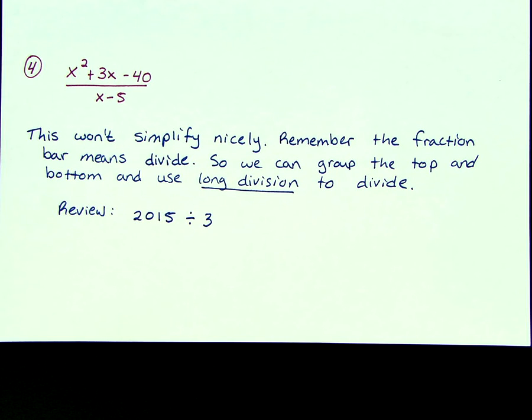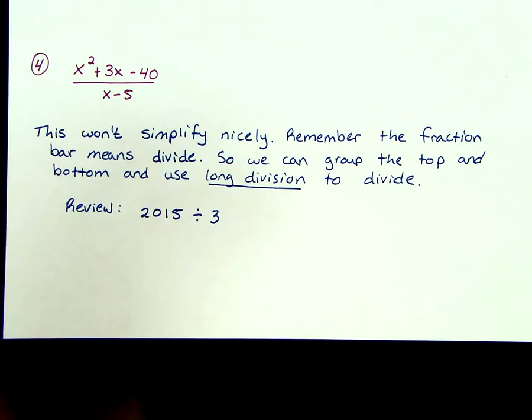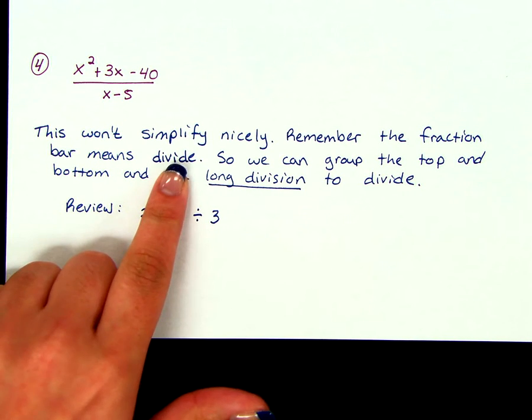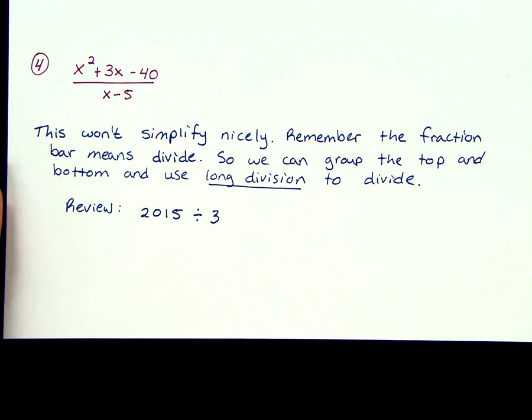Again, so taking a look at this example, we have a trinomial divided by a binomial. So we're not allowed just to simplify like we were in our previous examples, because the highest thing that we can take out of every term is 1. And if we divide by 1, that's not going to change anything. So we have to remember that our fraction bar means the same thing as divide. So we are allowed to rewrite this problem so that we can divide it, and we're going to do that